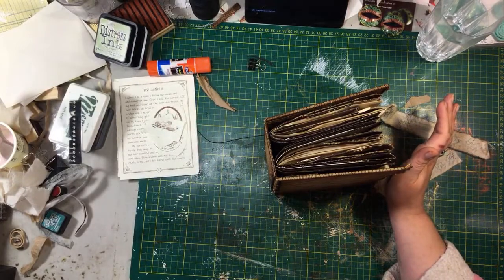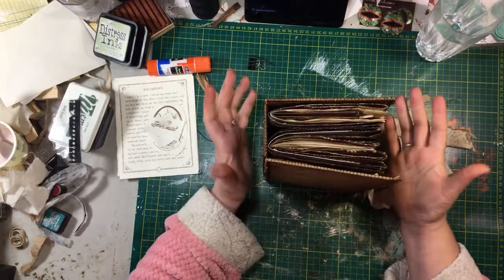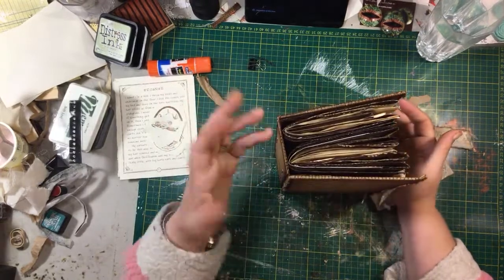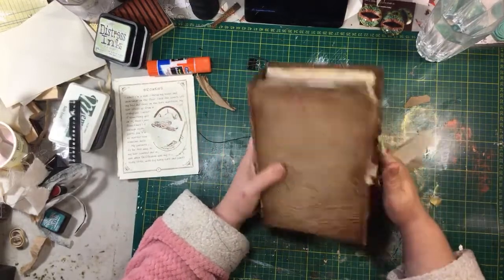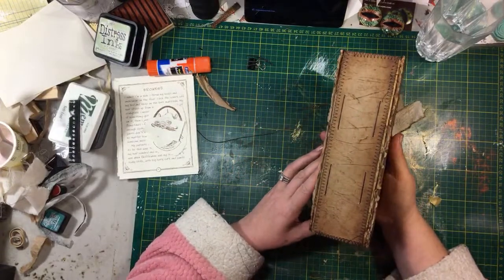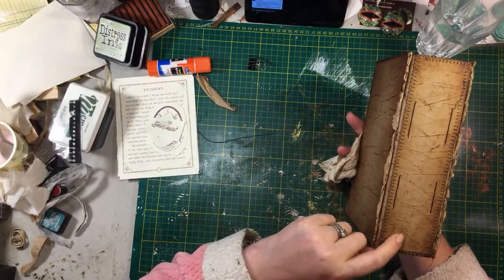I wanted a hardcover, and I didn't have it, so I found a random piece of whatever. Anyway, I cut it in half, then I had to formulate my own spine, so it's several things. It's kind of fun. So then I covered it all with the brown paper from my shop. And then I made a...